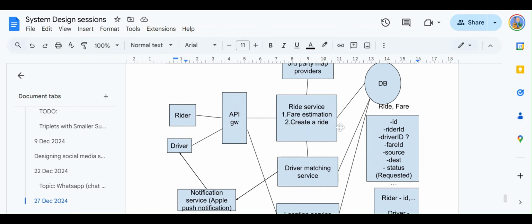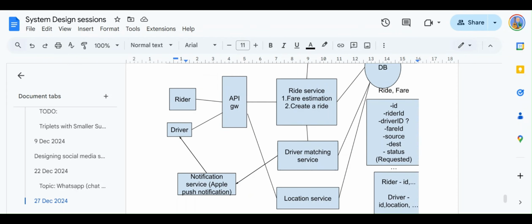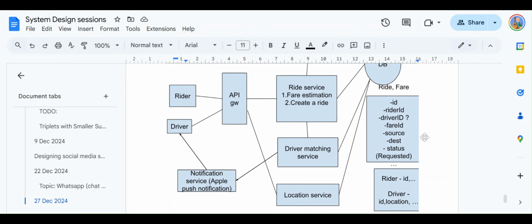This ride service is an independent service, right? So it is able to handle all the requests, and for each one of the rides, there's a driver matching service. The driver matching service is going to take the requests in, so all the requests will be accepted, and for each request, the driver matching service is going to find a driver. Now the problem is that since all the people are in the same location, all the drivers who are also in the same location are potential drivers for the same set of riders, right? Any one of those drivers could be picked.